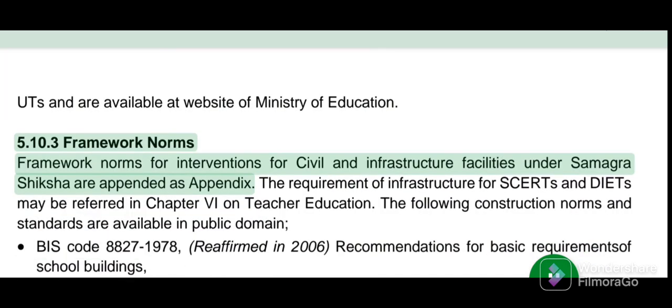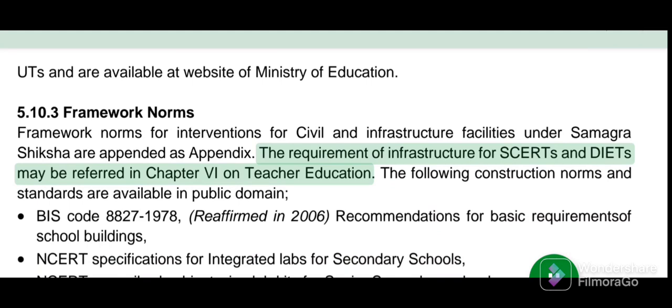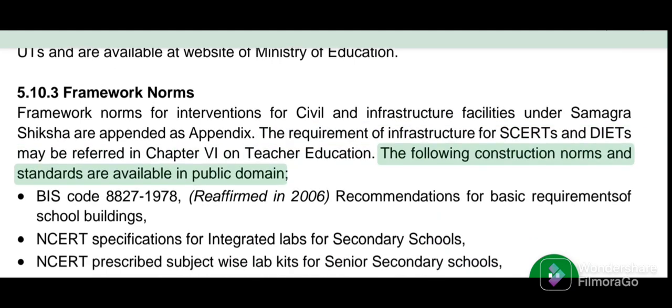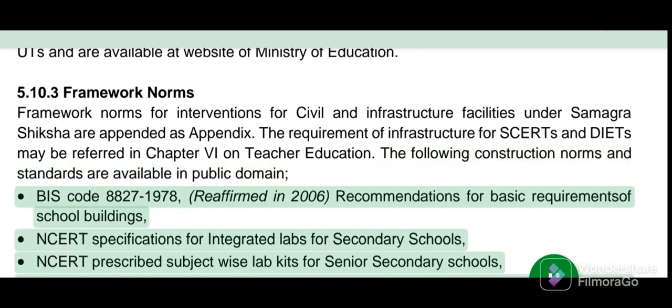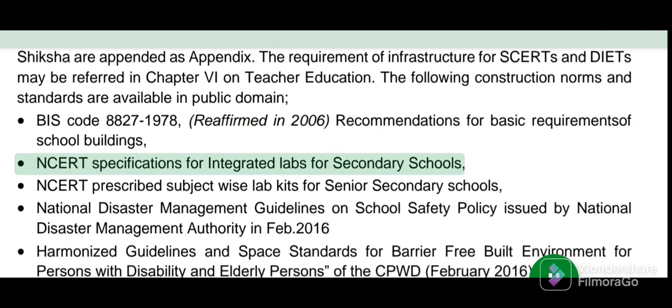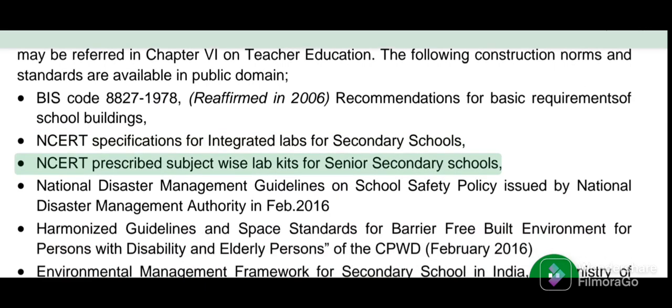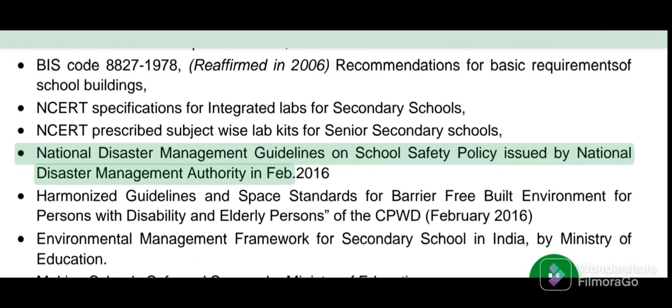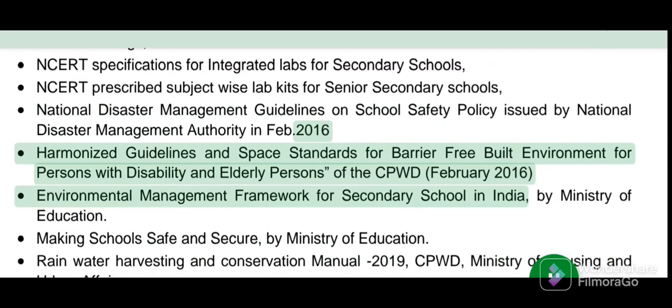5.10.3 Framework norms for interventions for civil and infrastructure facilities under Samagra Shiksha are appended as appendix. The requirement of infrastructure for SCERTs and DIETs may be referred in Chapter 6 on Teacher Education. The following construction norms and standards are available in public domain. BIS Code 8827/1978, reaffirmed in 2006. Recommendations for basic requirements of school buildings, NCERT specifications for integrated labs for secondary schools, NCERT prescribed subject-wise lab kits for senior secondary schools, National Disaster Management Guidelines on School Safety Policy issued by National Disaster Management Authority in February 2016, harmonized guidelines and space standards for barrier-free built environment for persons with disability and elderly persons, of the CPWD, February 2016,